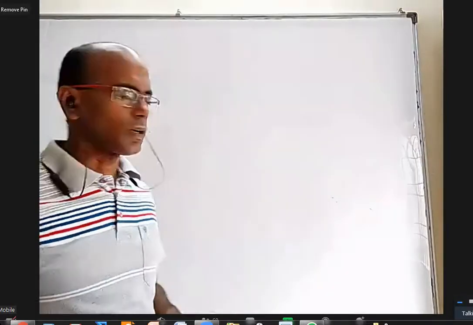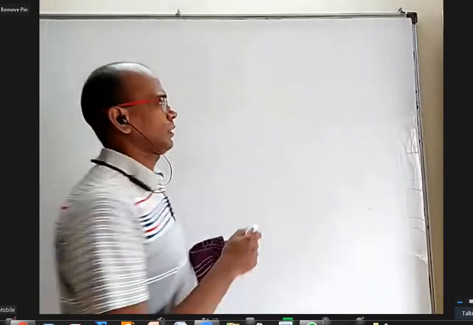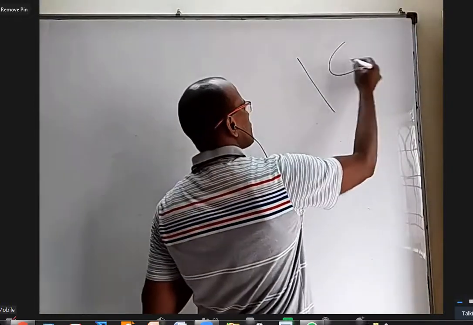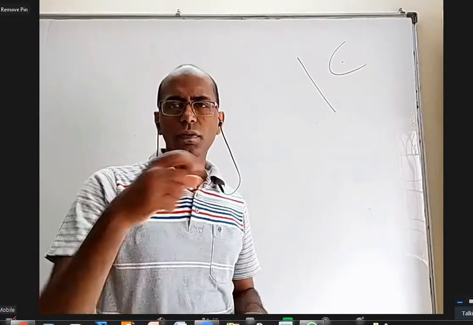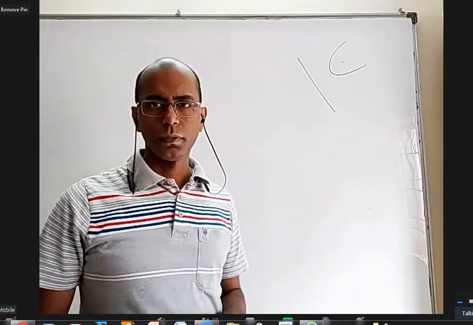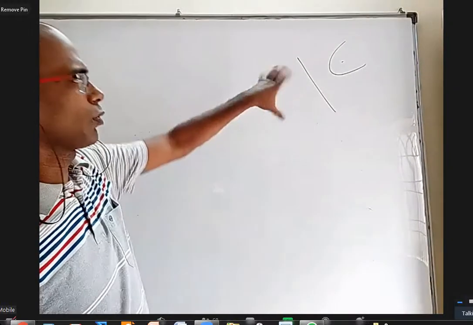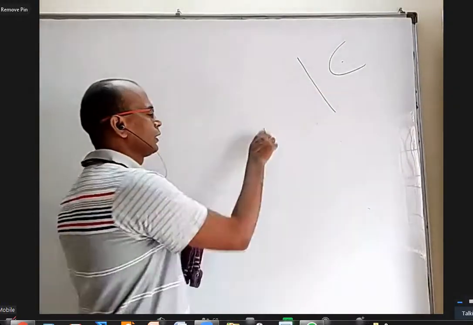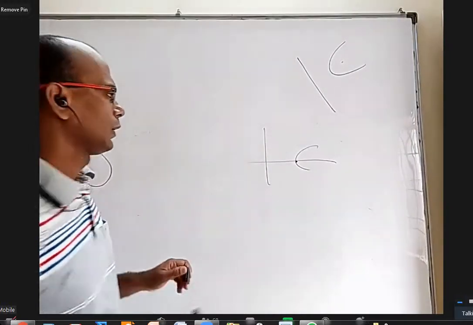But it is not that every parabola will have its vertex at the origin and axis along the x-axis. If you take a completely rotated one, as I said yesterday, in general the parabola will be like this: focus here, directrix here. When you take that equation, it will have x square term, y square term, xy term, x term, y term, and constant, a general second degree equation. But it is difficult to find all the details and formulas for that because it is complicated. That's why we rotated so that the axis is the x-axis and the vertex is the origin. So we get a simpler form.